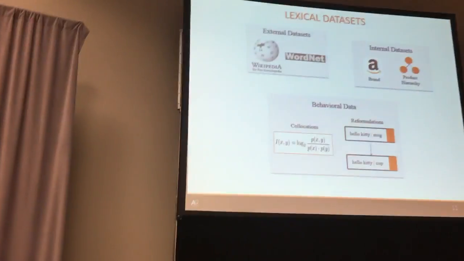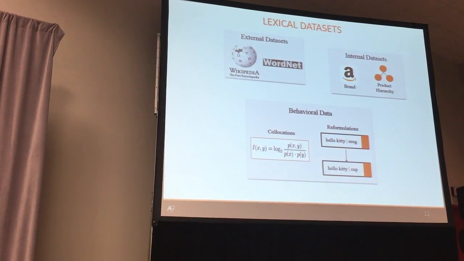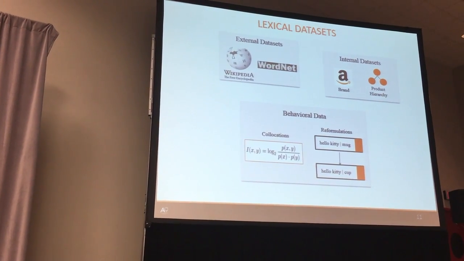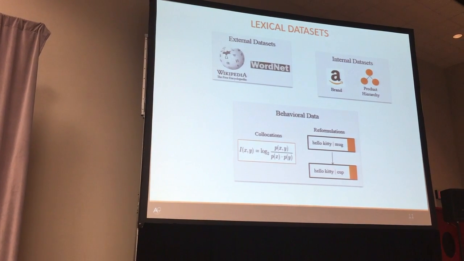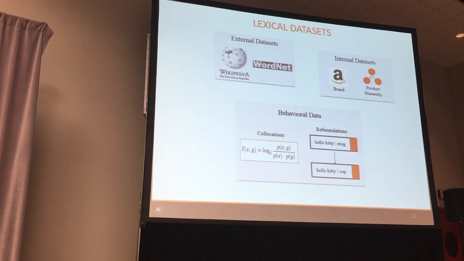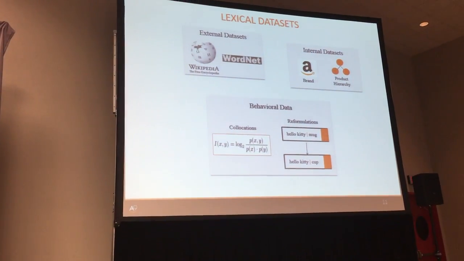Okay. So let's look at the data sets we use. The data sets we use are all kinds. And what does this data set show? It's a lexical data set. A lexical data set pretty much shows what a phrase means, right? So we have external data sets like Wikipedia and WordNet. They are freely available, they're on the web, and we skip that.